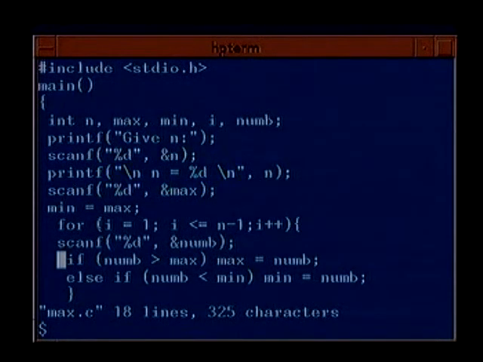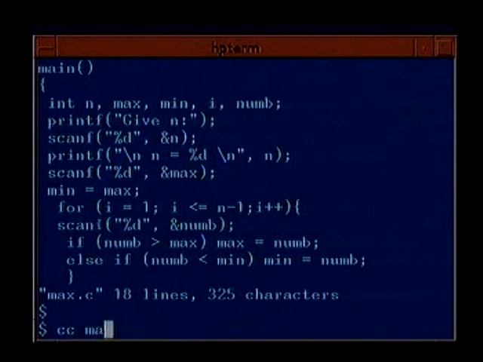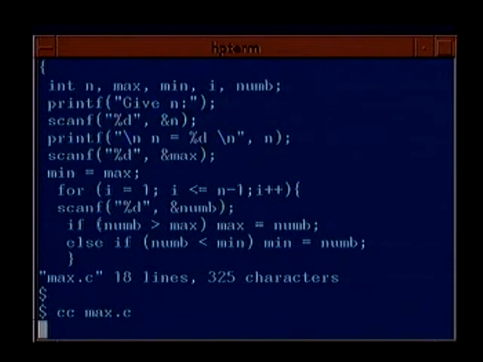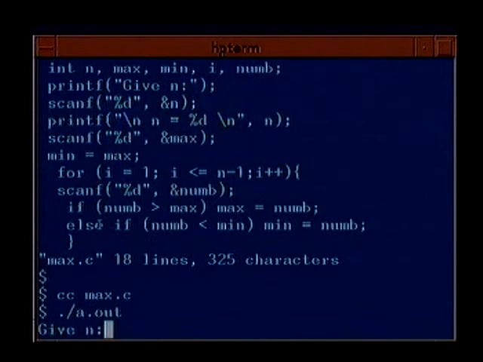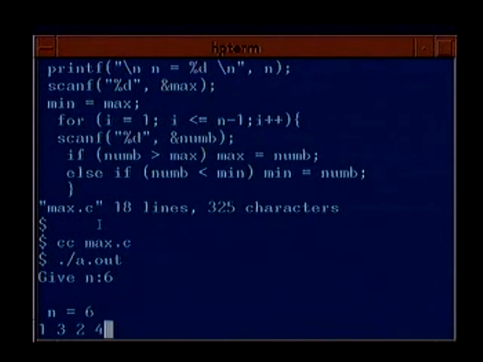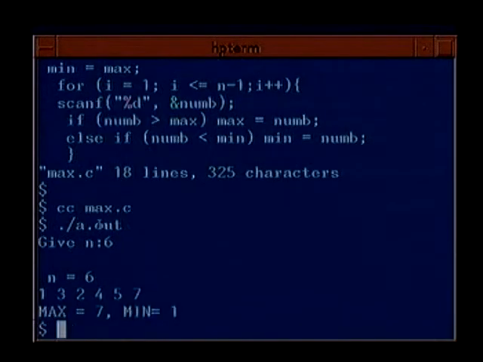Only if the number is not greater than max, then it may be less than min, which you may have to check. So let's just run this program once. So this is also a correct program,